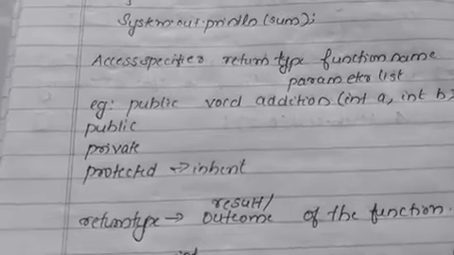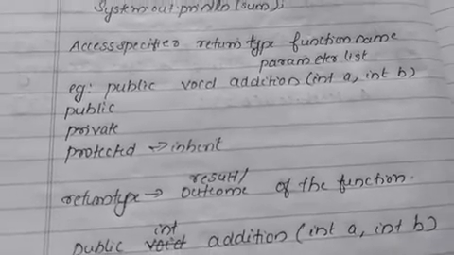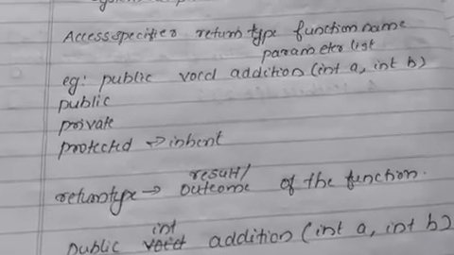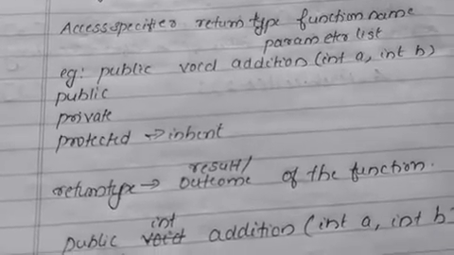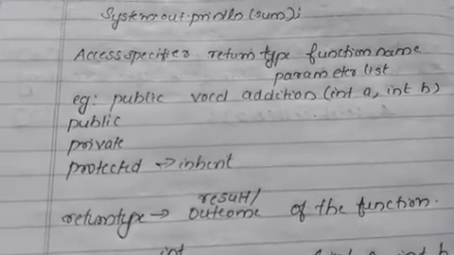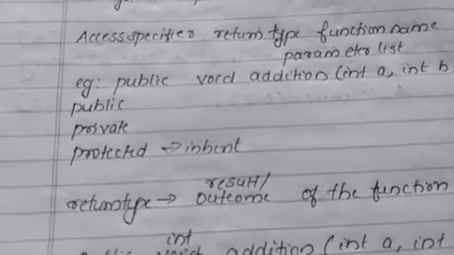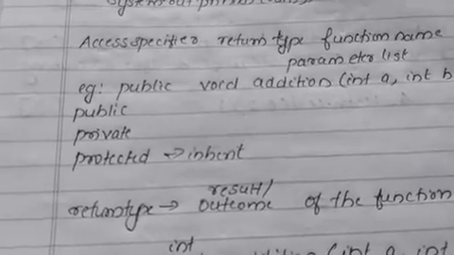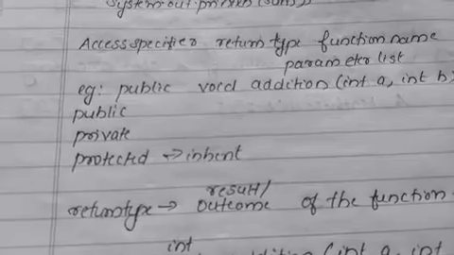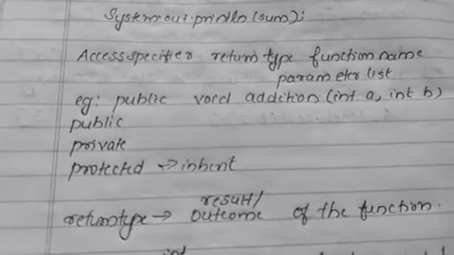Private means that only the data members of that particular class can access the functions of it or variables declared in it. Protected means, just consider there is a superclass and a subclass. Then the subclass can access or inherit all the properties of the superclass. At that time we declare the functions as protected. So I hope it's clear for you.